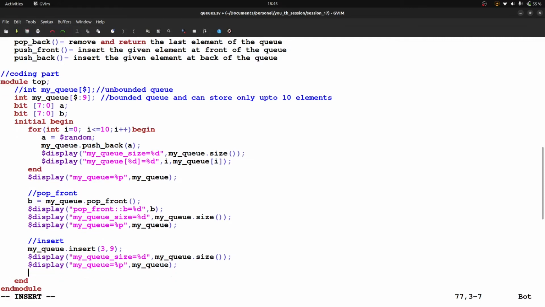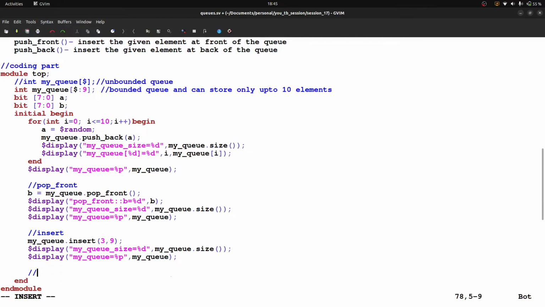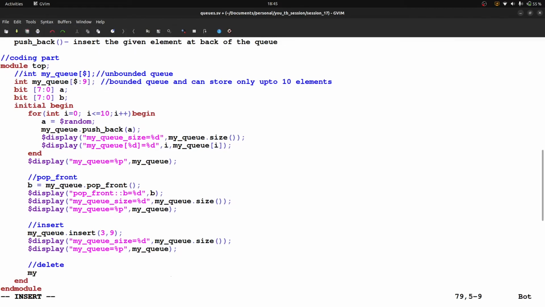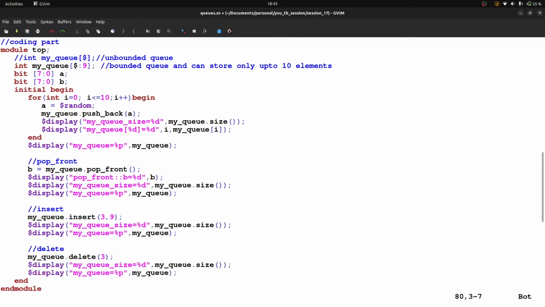After that, deletion. Let's say I am writing my queue dot delete. Inside that I am passing 3. After that I am writing the same thing, $display size and queue.